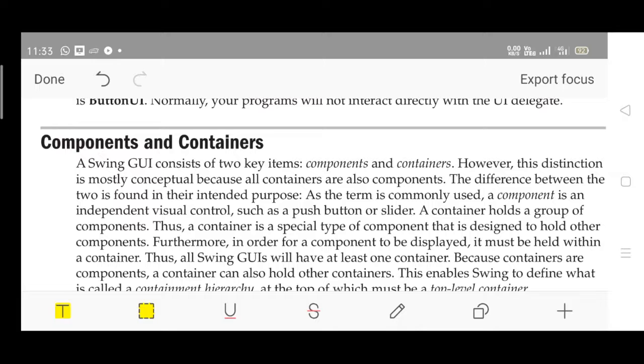What is a container then? A container itself is also a component, but it has the advantage of carrying other components along with it. It can hold some other components in it. That is what a container is, right? First of all, this itself is a component, and it has an additional capability of holding other components in it.